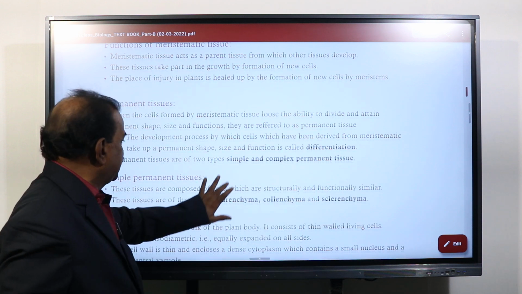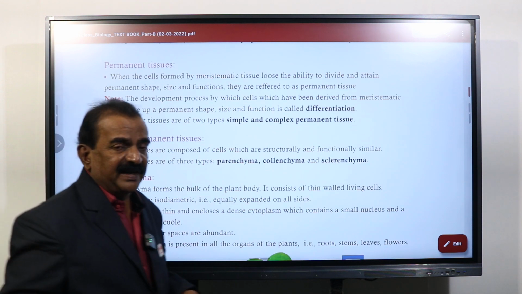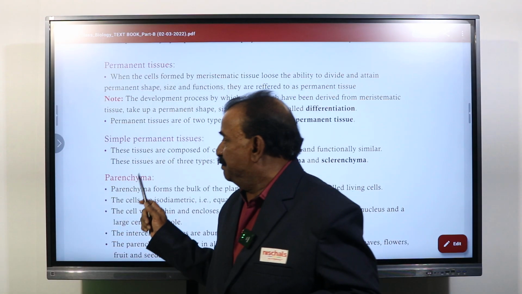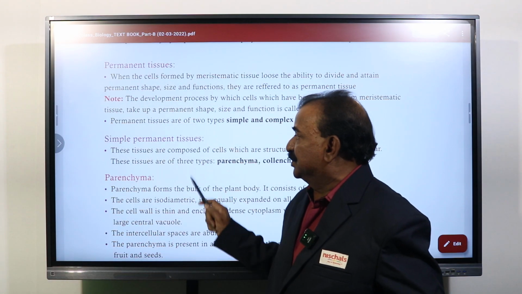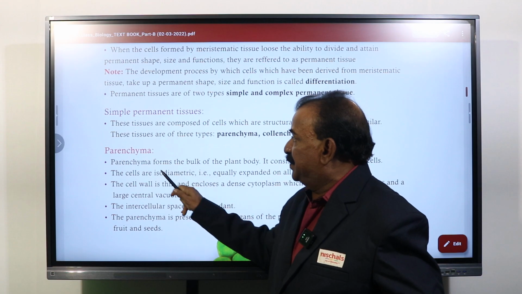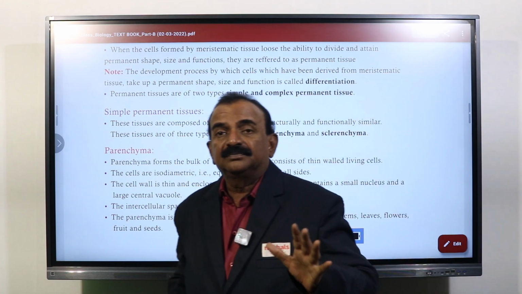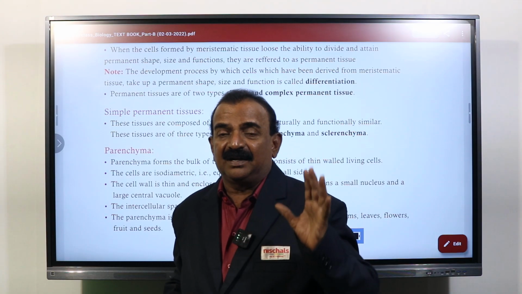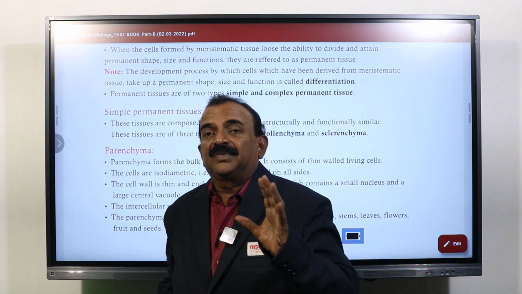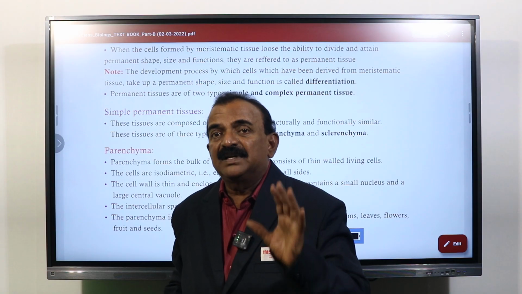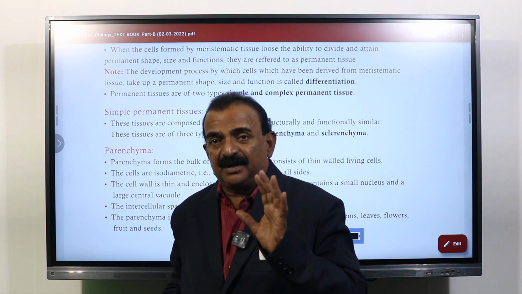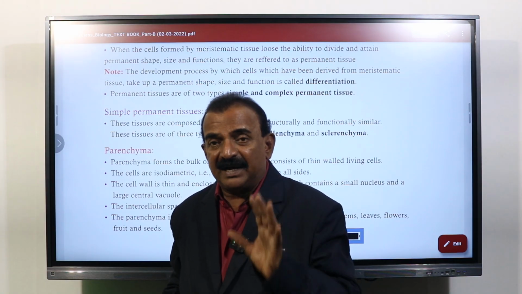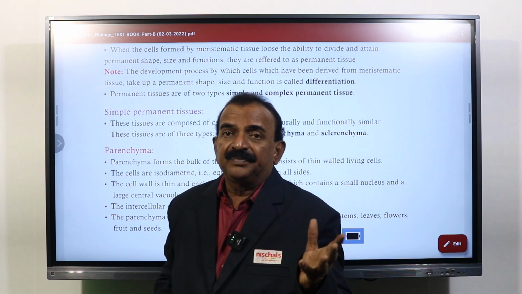So here you are observing the heading, the presence of a heading, that is simple permanent tissues. Simple permanent tissues, for example: parenchyma, collenchyma, sclerenchyma. So here there are three types of simple permanent tissues present in the plant body. So they are